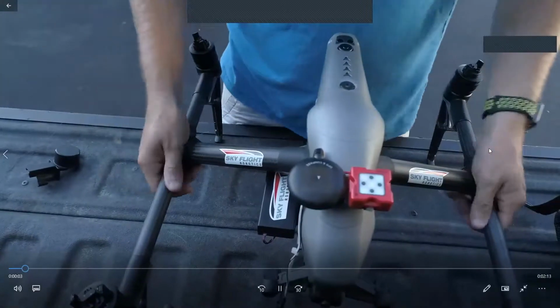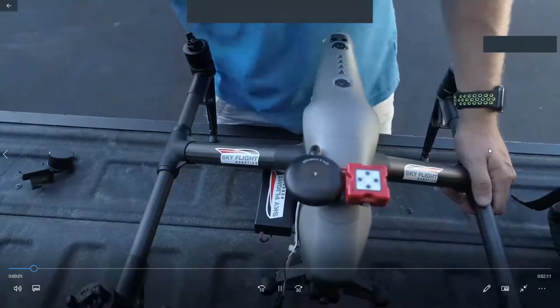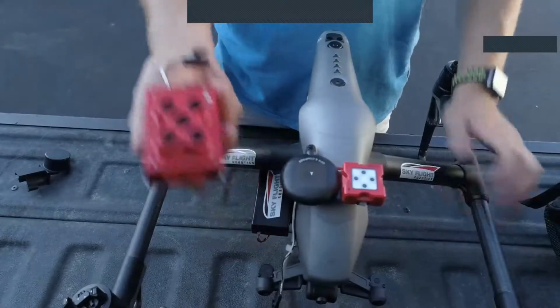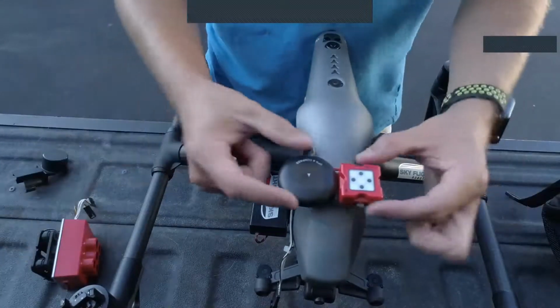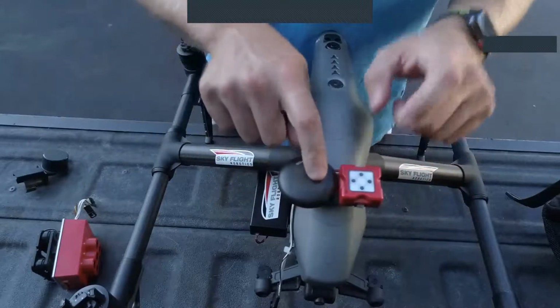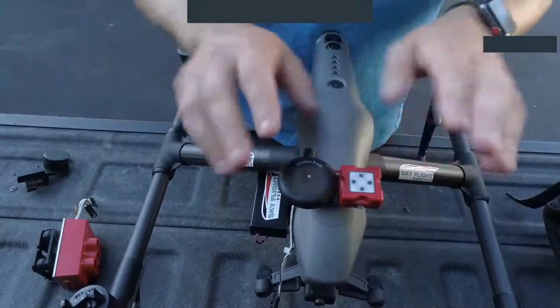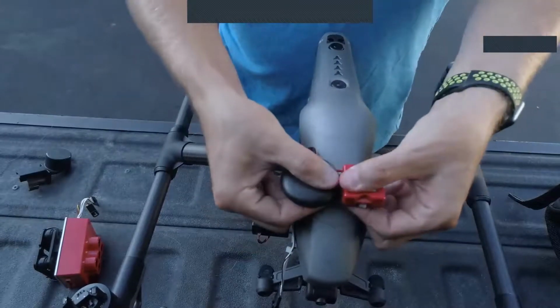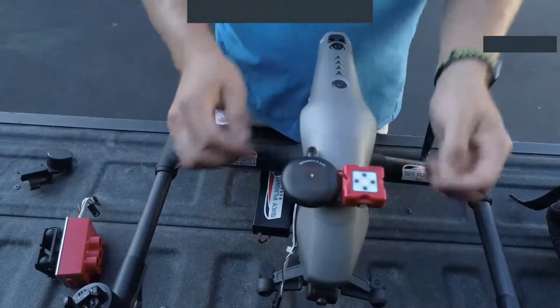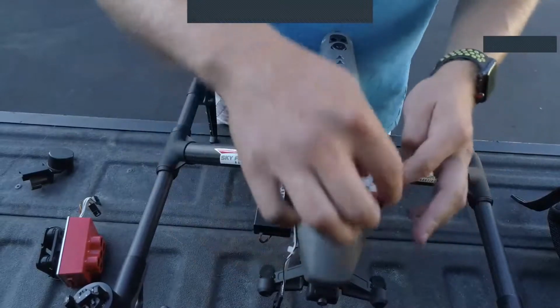Okay, so today we're going to show you how to mount your MicaSense RedEdge camera onto your Inspire 2. As you can see here, we have an aircraft that has already been, everything's been installed. You got the GPS and the DLS sensor at the top on a bracket. It's already been put into place. You're basically going to mount the sensors to the bracket after you mount the bracket to the aircraft, and then